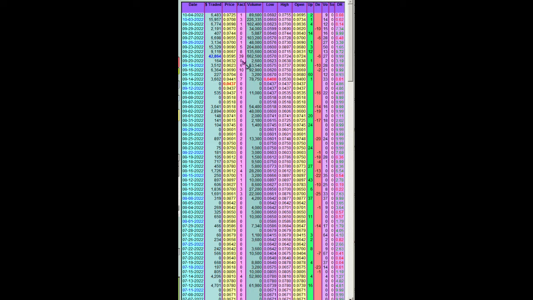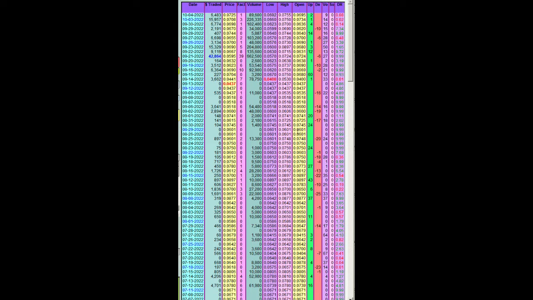And what it does is it keeps track of how many, like here's a 10 factor, okay? So what that means is that on that day she traded 10 times the dollars that she normally trades, and that's a 20-day average. Then you have your actual volume column here, the low of the day column, the high,